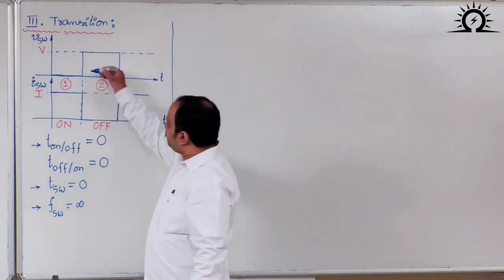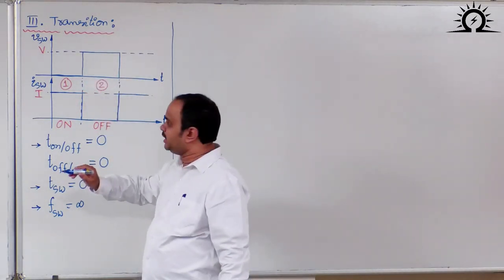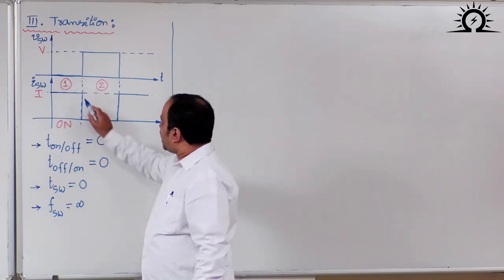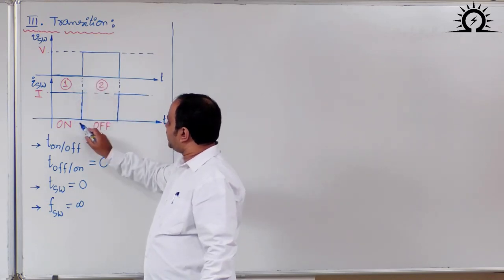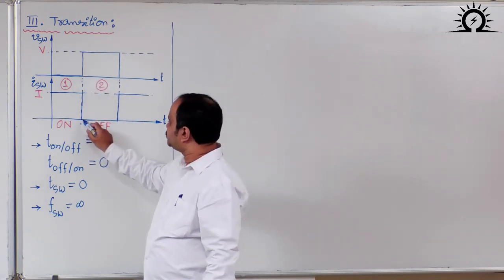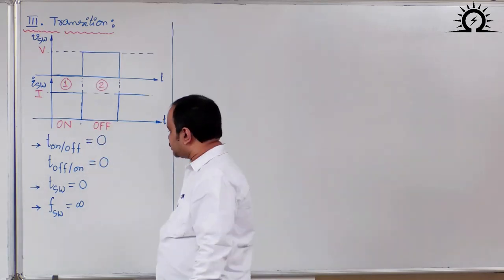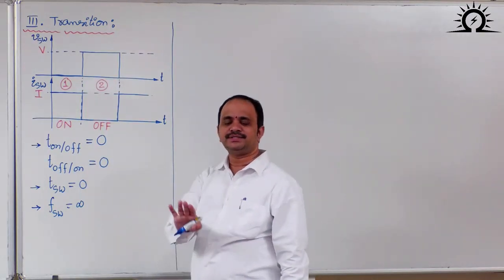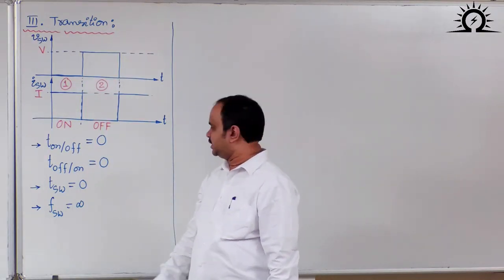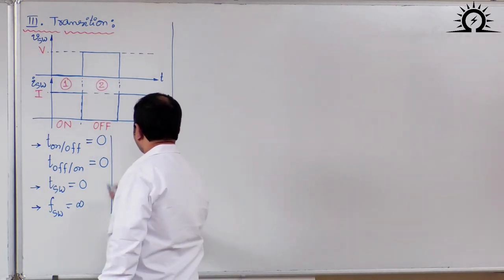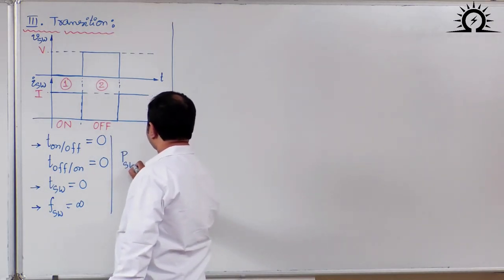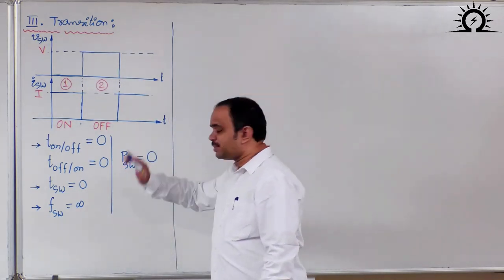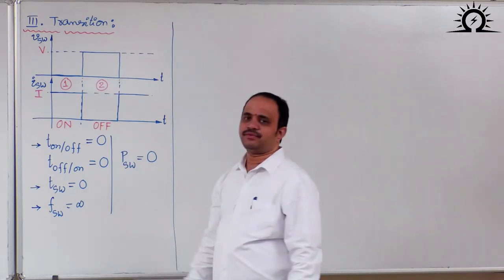Now before this dotted line, can you tell me what is the power loss? That is 0, because 0 voltage. After this transition, after this dotted line, again the power loss is 0, that is due to 0 current. So transition, there is no time involved. For transition times, again 0 time. Therefore what you can say here, ideal switch, there is no power loss involved okay. Such a power loss is called switching power loss.